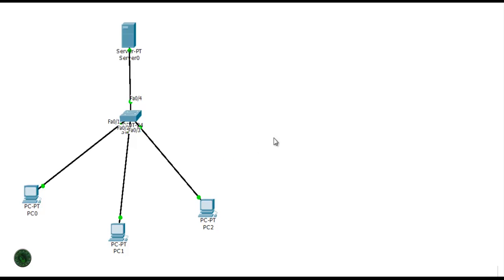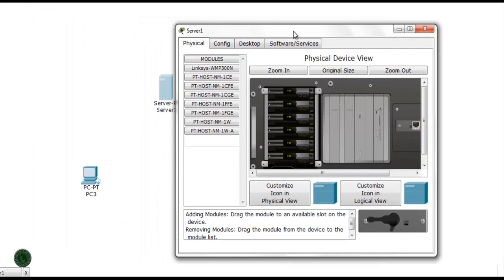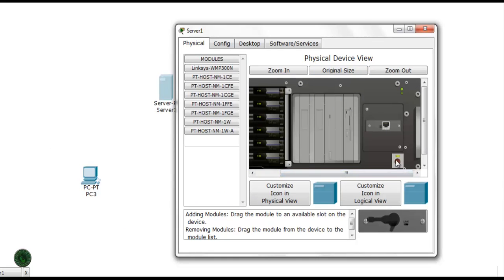So this connection is a wired connection. If you want to configure the same DHCP server method in wireless, let me show you how to configure it. I'm going to use one PC and one server. For the server we need to modify the hardware settings in physical. So just turn off this button